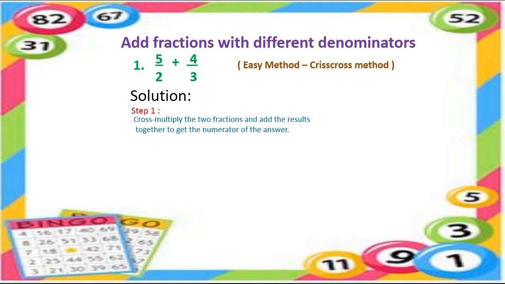How? Look at here. First of all, we'll copy the two fractions as it is. After this we will cross multiply the two fractions like this. We'll multiply 5 by 3 and 4 by 2 in this way, and we will add them later on. 5 multiplied by 3 plus sign, and then 4 multiplied by 2. So we'll multiply them. 5 threes are 15, 4 multiplied by 2 is 8. Now after adding them, 15 plus 8 equals 23. So this is our numerator value.